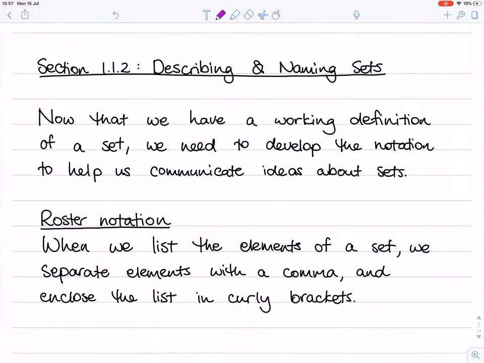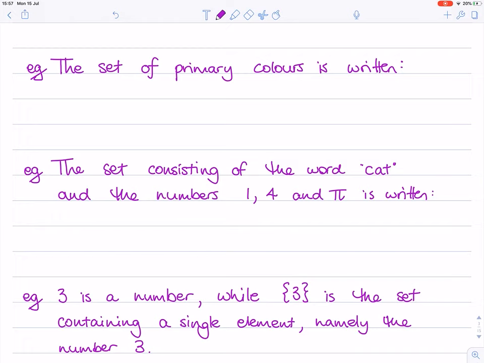So now that we have a working definition of a set, and we know some examples of things that are sets and aren't, we're going to develop the notation that's going to help us communicate ideas about sets, so the mathematical notation that we need. The first sort of notation that we use is called roster notation, and it really involves just listing the elements of a set and then enclosing that list in curly brackets so that we know that we're defining this as a set. For example, the set of primary colors, if you're writing it in roster notation, would be written